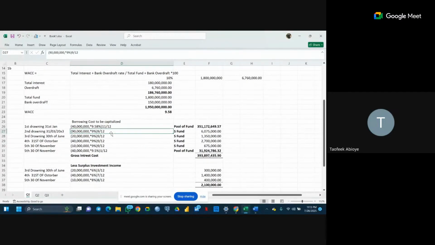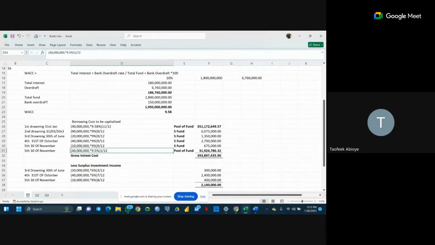If you are borrowing from a specific fund, it's going to be on the normal period, the actual months. The specific period is being used for 9 months, so every withdrawal that they did from it is on 9 months. While from a pool of funds, we consider months. You see now, this one is for 11 months. This one is for only 1 month.